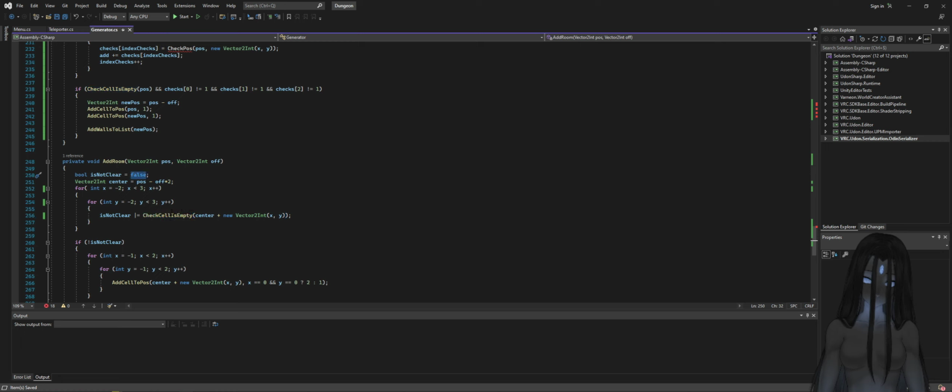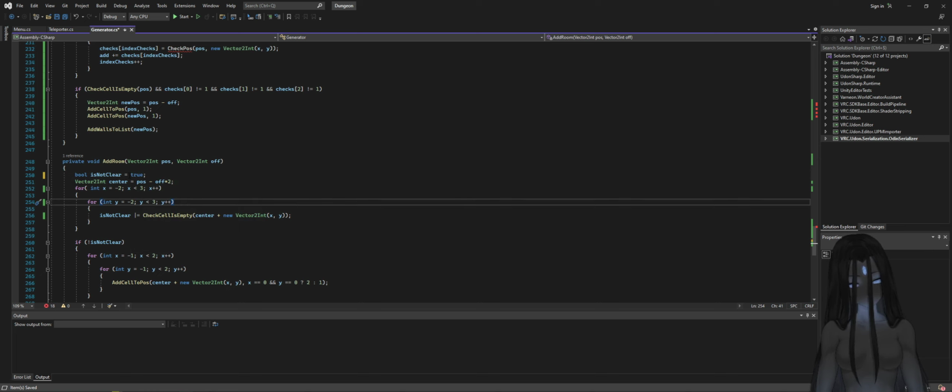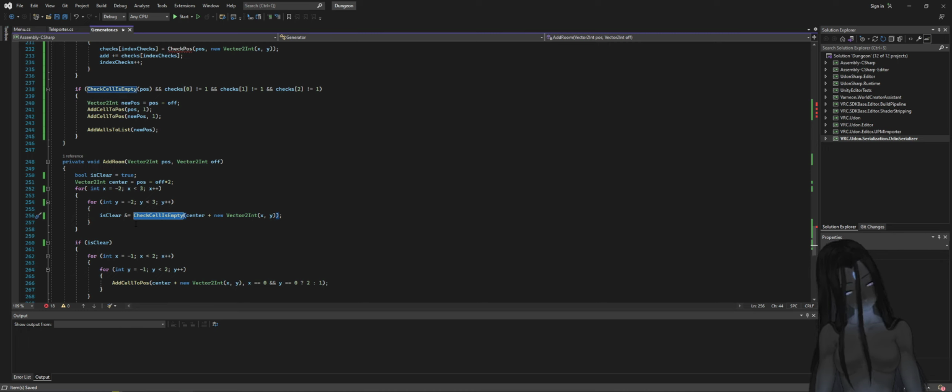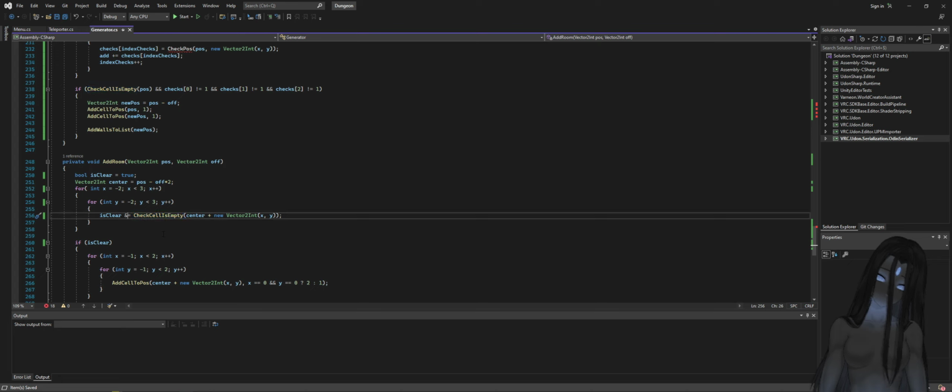Now, if we check if it's empty, I need to check if it's empty, like so, is not clear. It's clear. Say n equals, because every one of these cells needs to be a wall. So false. Because we're digging out, right? So false. So if there's any truths in there,